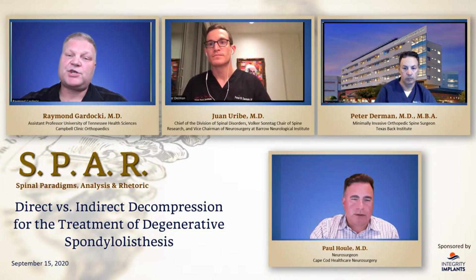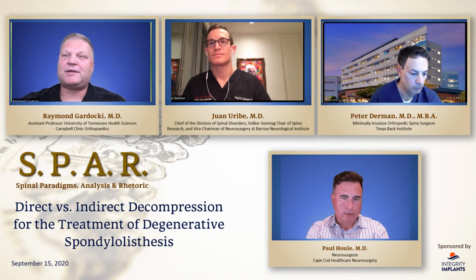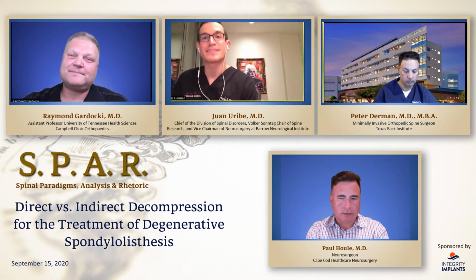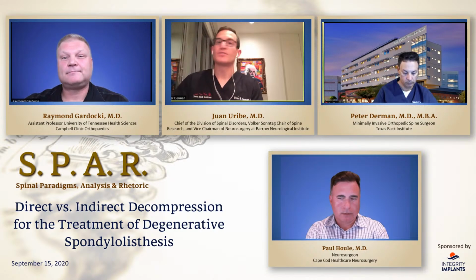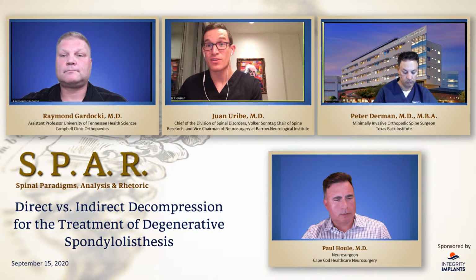So you brought up an interesting question. You said you saw natural lordosis. So when you say natural lordosis, what is natural lordosis? You see this in politicians all the time. They throw away a term that's, well, it depends who you're talking about. It's obviously age adjusted. But if you look at just healthy people off the street, there are studies that show that L5-S1 lordosis is 30 degrees and L4-5 is 16 degrees. Obviously, in an older person, it's going to be less than that, and I try to dial that in appropriately. But it's definitely more than 3 degrees,